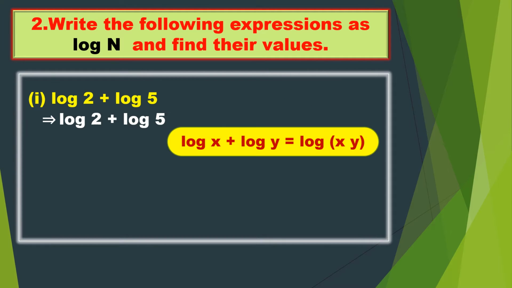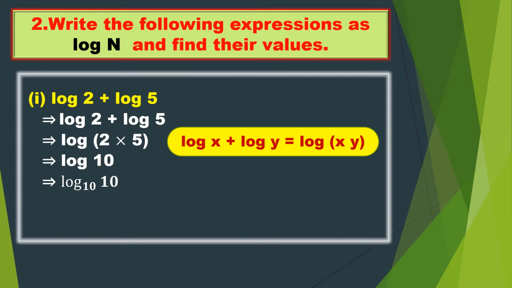So your formula is log xy. So log x plus log y. Here whenever addition is used, addition is a friend of multiplication. So log xy is your property. Here x is 2 and y is 5. So 2 into 5 is 10. So I can write log 10. Whenever there is 10, you can put the base as 10. This is a common logarithm. You can write 10 base 10.